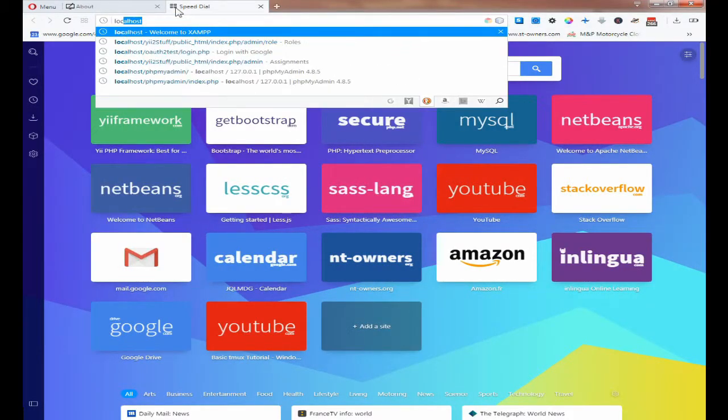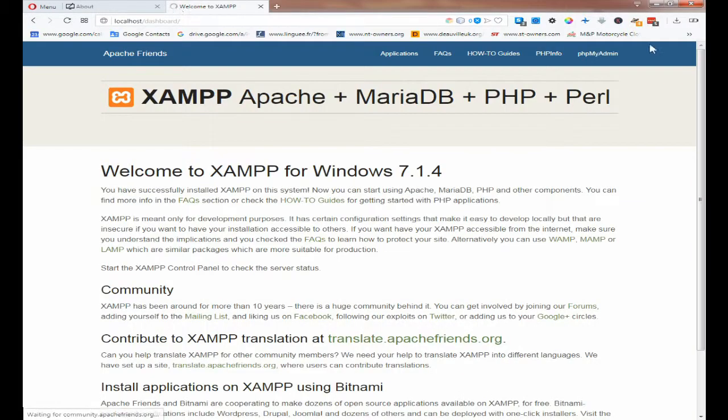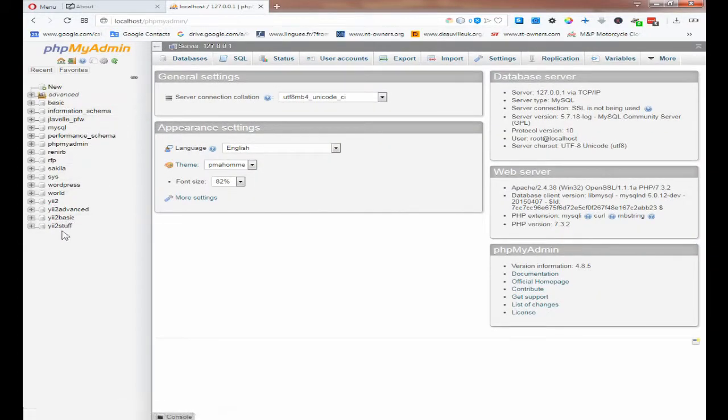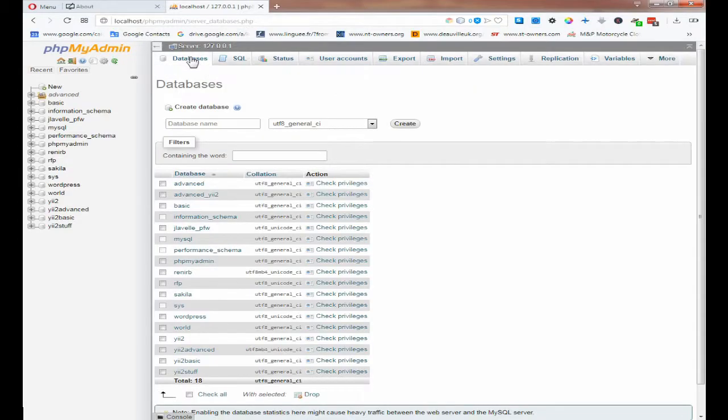Okay, so now that's that done, we now need to create a database. Now this is actually quite important. So you want localhost, and then click on phpMyAdmin, and you need to create a database, and I would recommend we call it tutorial. Now there's two ways to do that. You can click on database, type in the database name, and select utf8_general_ci. Okay, and that's quite important to have utf8_general_ci, or if you wish, you can actually do it with an SQL command,